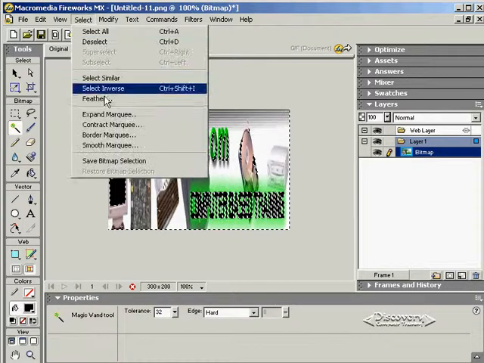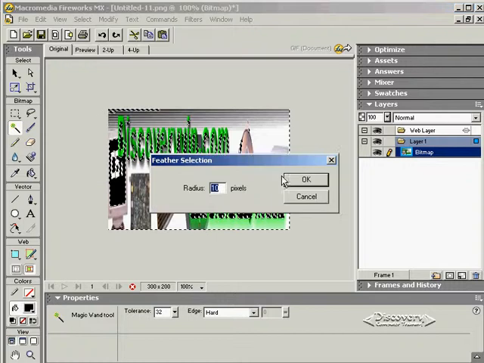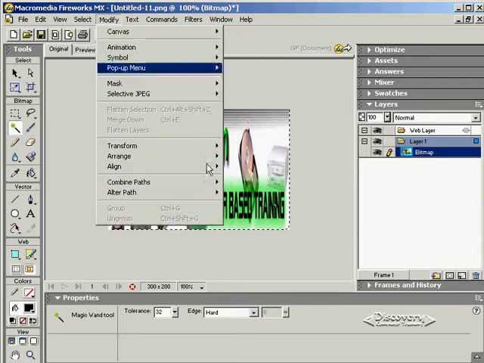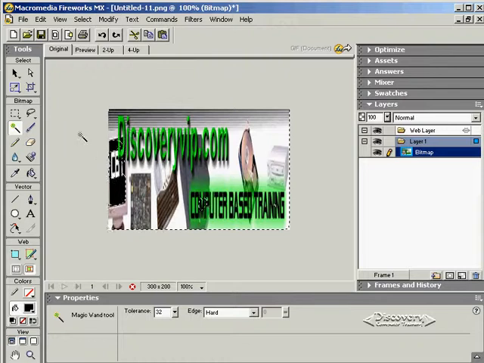The next choice I have is to feather the selection, and it asks us our radius in pixels of how much feathering we want to do with the selection. And this is just going to simply select out of our original selection. So now we see that the area was now feathered and it's changed, and we can increase or decrease this as we need to. I'm just going to click off of this